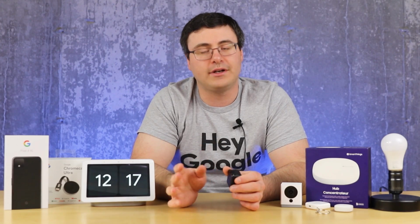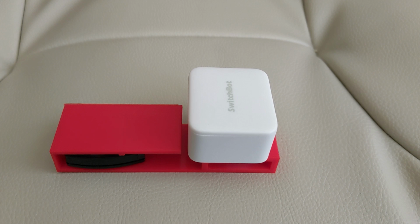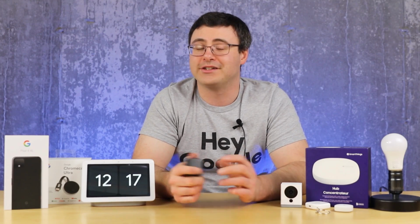But what I've done instead is, and again, this goes to that same little trick I used with the coffee maker, and actually one of my patrons reached out and showed me how they did this. Little 3D printer made this implementation really good, but they just took a garage door opener, one of their little remotes that they have, and usually people have an extra one of those, stuck a SwitchBot on and pressed the button, and this gives you full voice control as you come up to your home. You can ask the Google Assistant, especially if you have a phone with Google Assistant that's listening, you can just ask the Google Assistant there